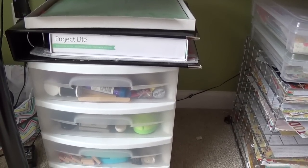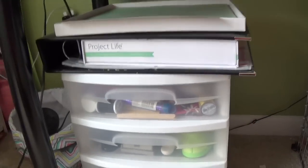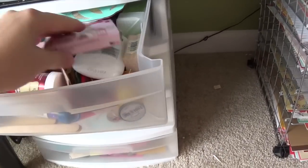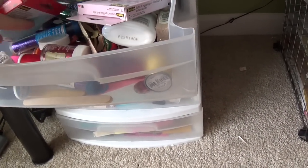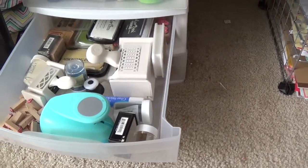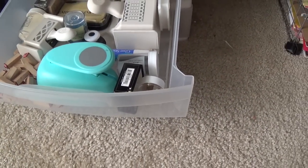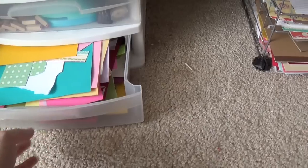And I can easily take out everything that I've used because I only did like 1 week. So I can take it out and put it back in and sell the complete kit. So in this little container, the top one, I have extra adhesives, embroidery floss, some extra embossing powder, some thread. Here is my punches. This is kind of like some extra punches slash extra inks and some embossing powder and some alphabet stamps. And then this is all my cardstock, and that really shouldn't be in there, but it's mostly